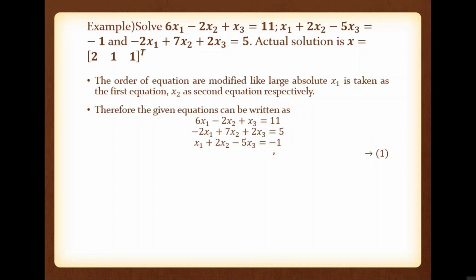No, before that we have to move all elements except the diagonal elements to right hand side. Okay. So better before doing that, just circle the diagonal elements. Okay, so these are the diagonal elements. So except these diagonal elements, shift all other elements to right hand side. So do it.